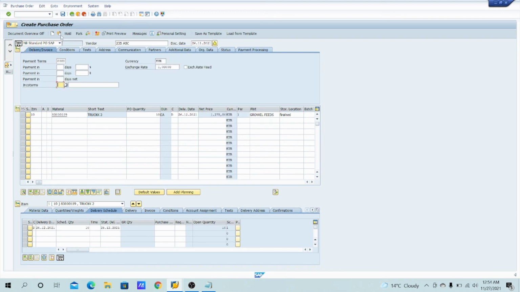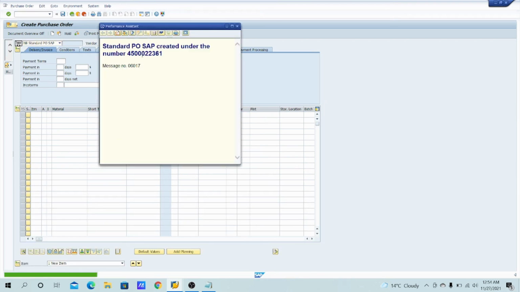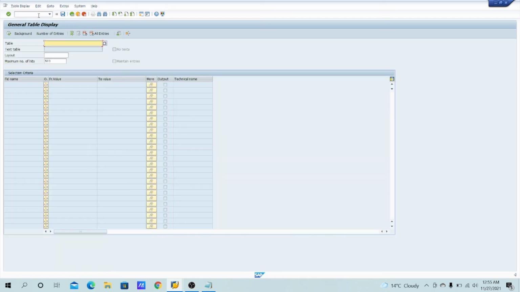Let's check it out in the table. Just save it. See, the PO has been created with the same number, and what I will do is check it right now in the table. For opening the table, we have the T-code /nSE16N. Open it and pass